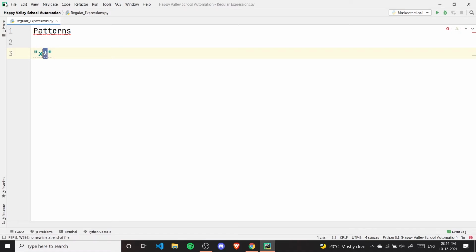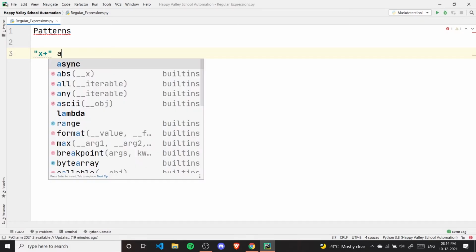Now let's say we talk about the seventh type. Let's say it will be plus. So when we talk about plus here, this is the seventh type of pattern. So if I say it is plus, this plus indicates one or more occurrence of the preceding expression. This means that it matches at least